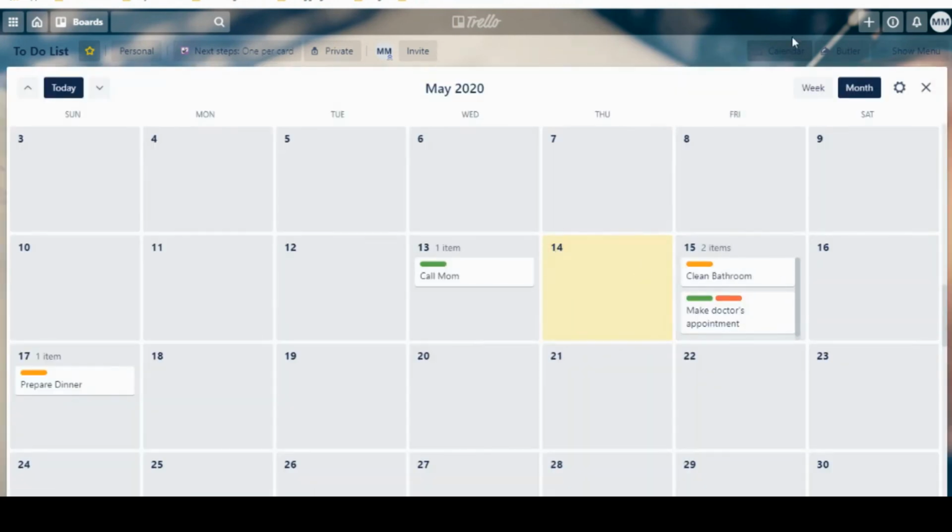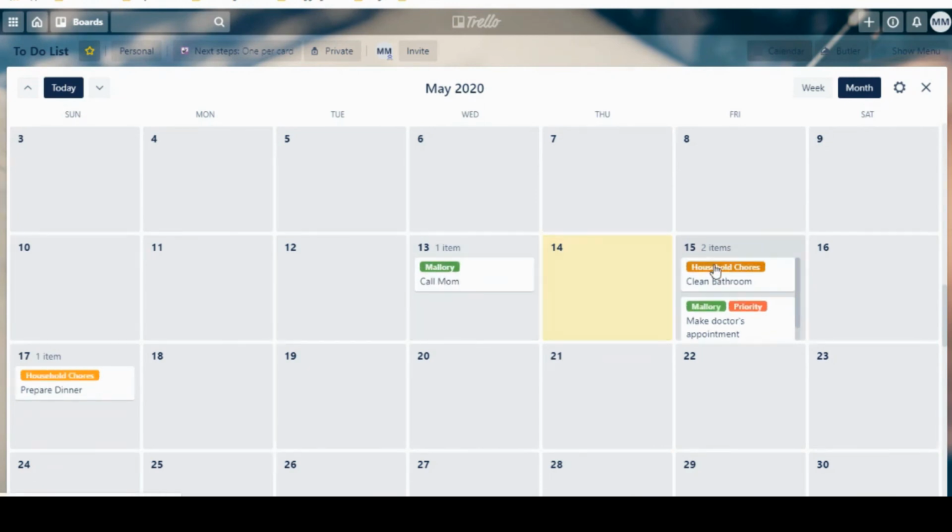Once you added due dates, it looks like the calendar power-up immediately gets added as a power-up. But if you don't want that as your power-up, you can easily disable it like I did. So this shows, and it includes your little labels too. And again, you can actually click on the labels within your calendar option to see the different label names as well. So now we're seeing all of our tasks on the calendar view.